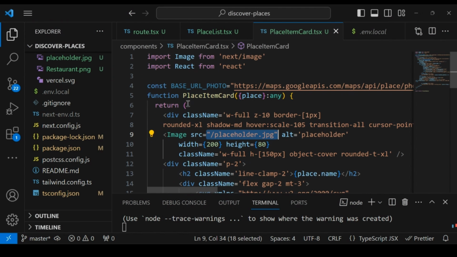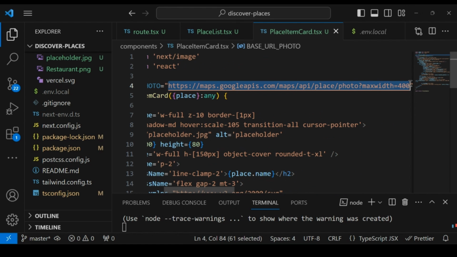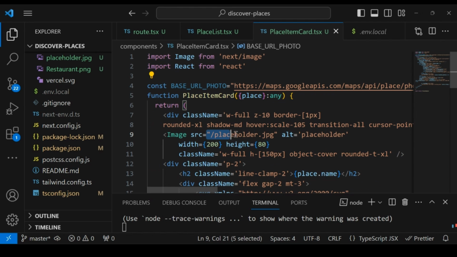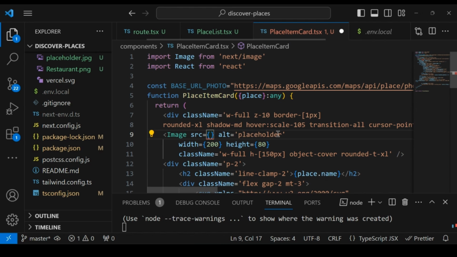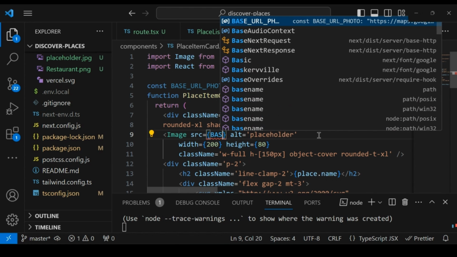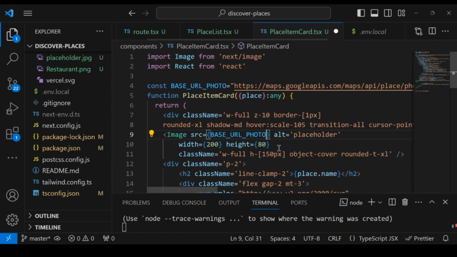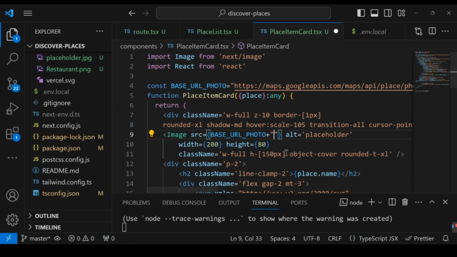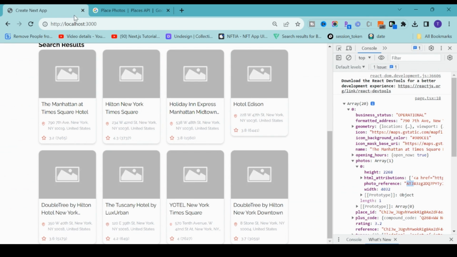So here, I already defined this base URL photo. This base URL is nothing but the one which we copied, and then inside this source I will remove this one because this is the dynamic one. We have to write in curly braces. So first thing, we have to write base URL photo, then the next thing is photo reference is equal to. Okay, so photo reference is equal to, and we need to add this particular photo reference,